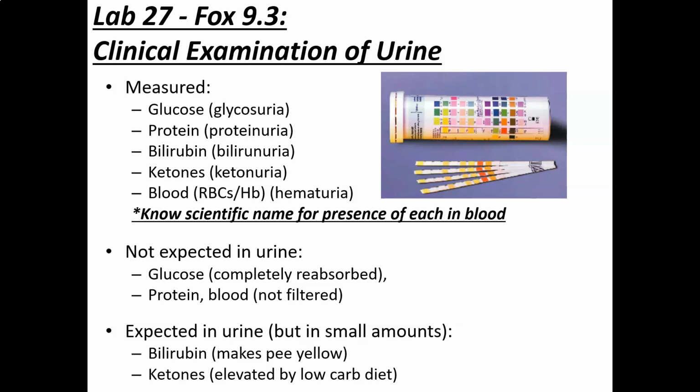So as an example, if someone was on a ketogenic diet, right? So you're having a low carb diet, or not eating a lot of carbs, or a starvation diet, then you're going to be using other fuel sources, and you're going to have ketones in your urine,